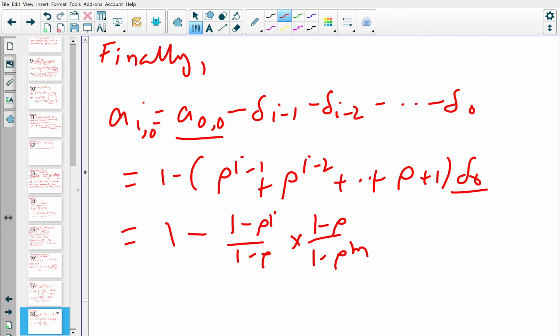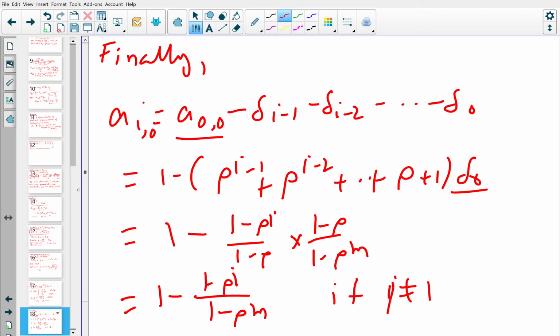So this part gets cancelled and you have the answer: (1 minus rho power i) divided by (1 minus rho power m), if rho is not equal to 1. Sorry, rho not equal to 1. If rho is not equal to 1, then you will have this. Okay, and if rho equals 1, then what happens? Then we can find out from here that